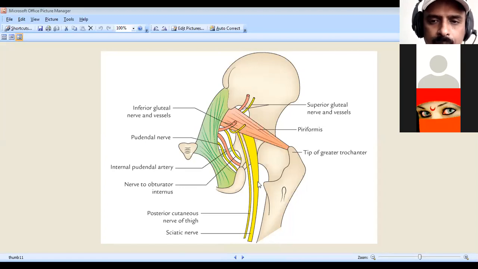So that is very important. You should know, then, what is the origin? It arises from the pelvis at the greater sciatic notch. Then through the sciatic foramen, sciatic notch, it enters into the gluteal region. Then the back of the thigh. Then at the superior angle of the popliteal fossa it divides into the tibial and common peroneal nerves. That you have to know. You should know the relations at the greater sciatic notch, in the gluteal region, in the back of the thigh, and at the region of the popliteal fossa.